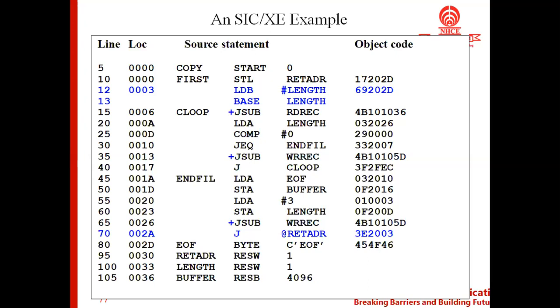And if you look at line numbers 95 and 100, you can make out this is similar to what we have discussed in the SIC machine. The same kind of instructions are being used here. In the SIC machine, whatever logic we used to find the address of the next instruction, we use here also. So there is no change in that.